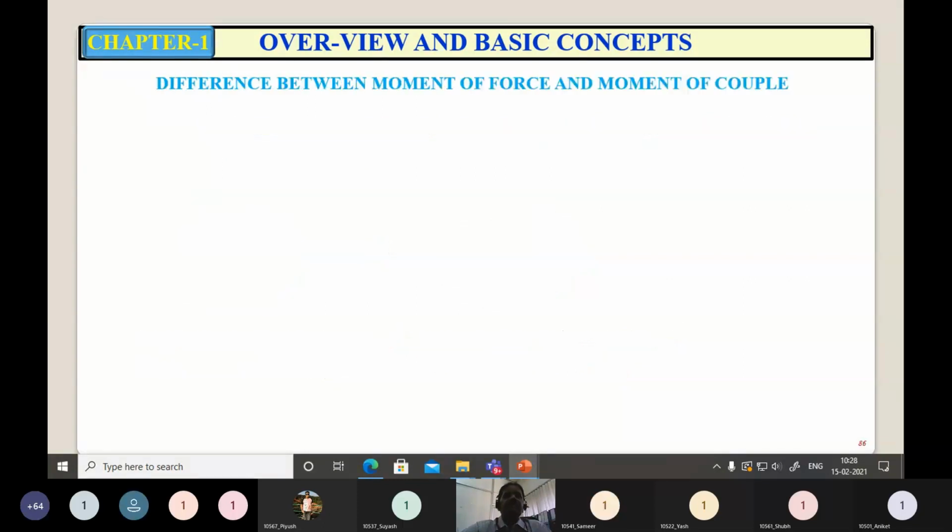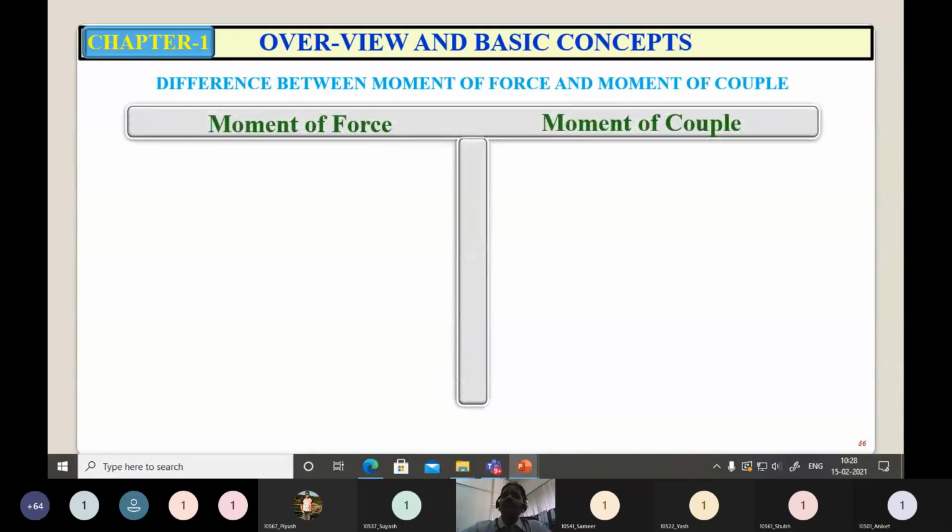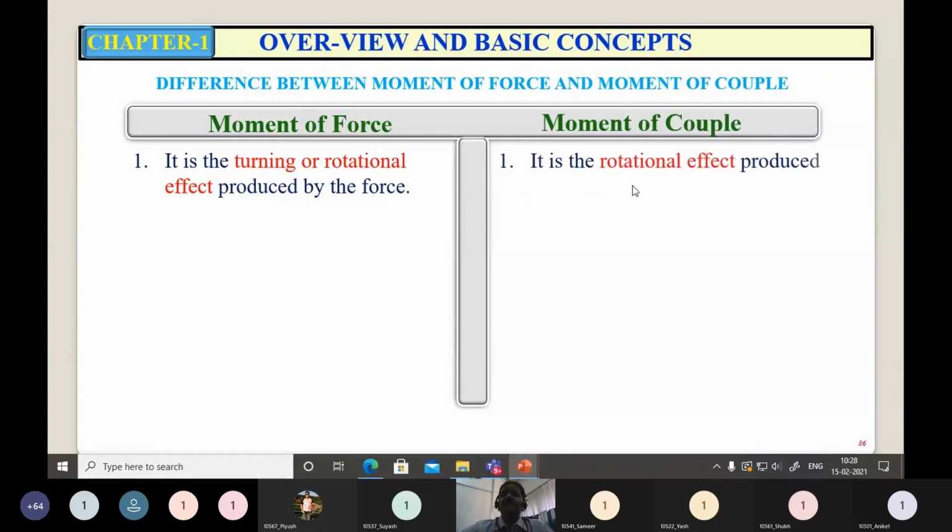What is the basic difference between moment of force and moment of couple? The effect of a moment of force on the body is to produce rotation only, and the effect of the moment of a couple is also to produce rotation. But what is the difference? See, the moment of a force is the turning or rotational effect produced by the force on the body, whereas the moment of a couple is the rotational effect produced by the couple on the body. So here the effect remains the same, but the difference is